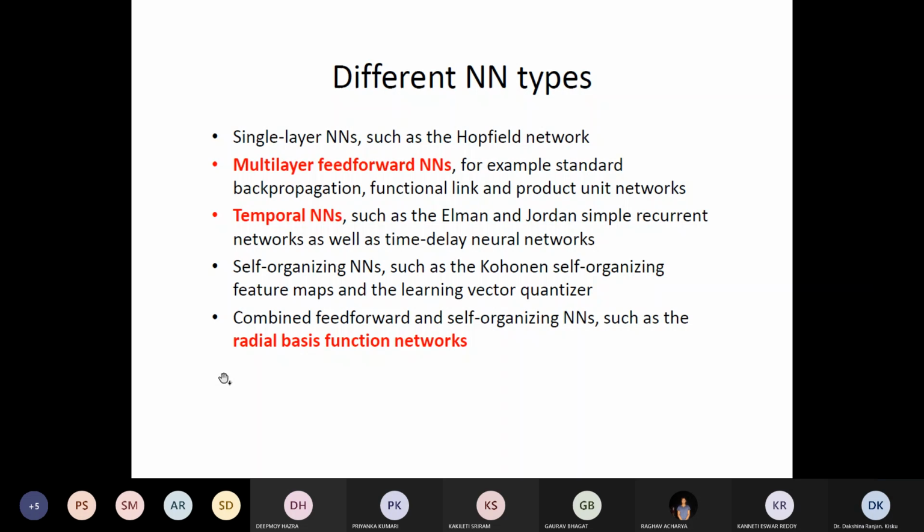Now, if I look at the applications of artificial neural networks, we can see that artificial neural networks have a wide range of applications. For example, in classification we can apply artificial neural networks. In classification, our aim is to predict the class label of the input vector or the input example. In pattern matching, our aim is to produce a pattern that is best associated with a given input vector or input example.